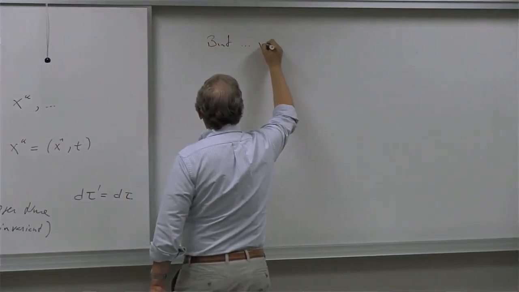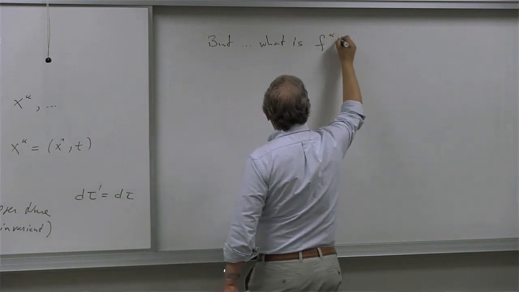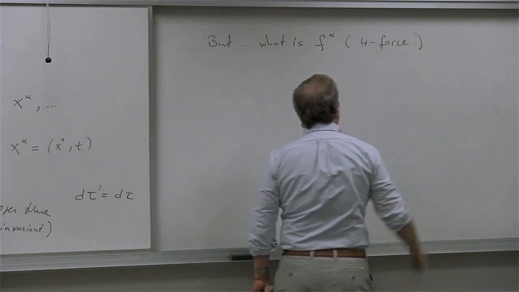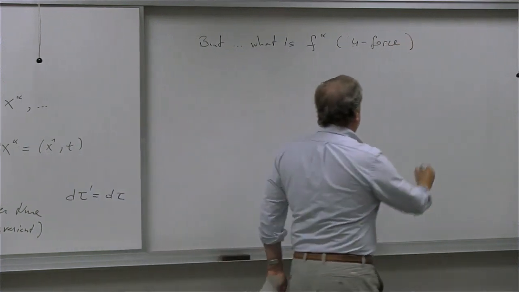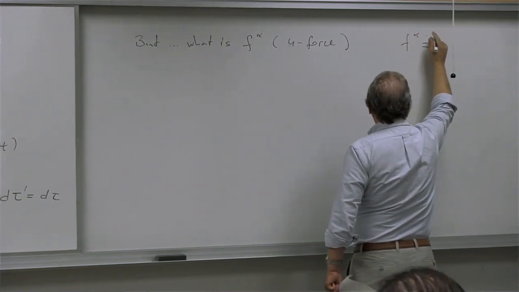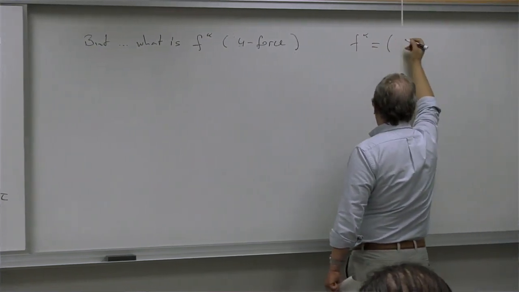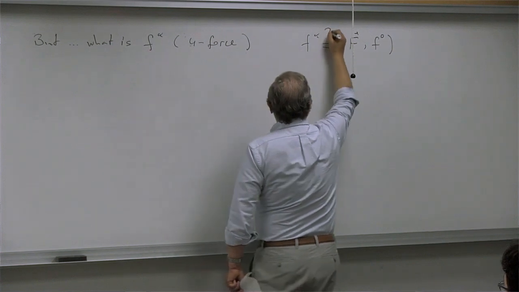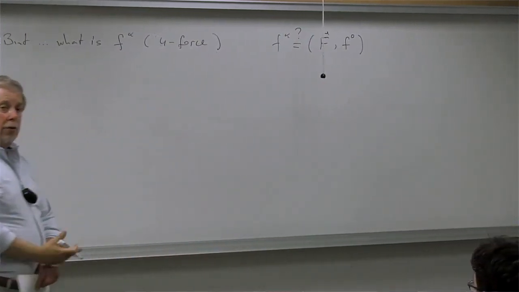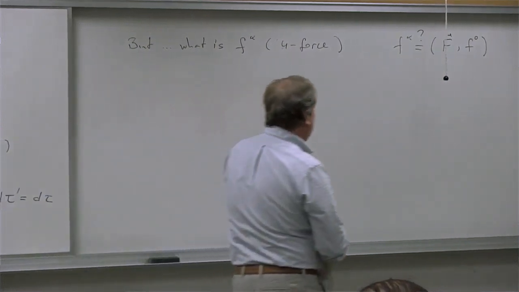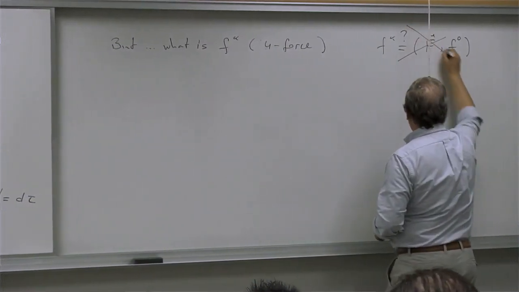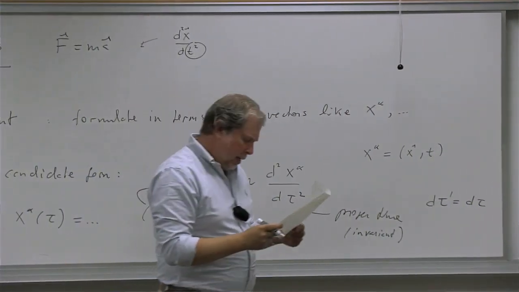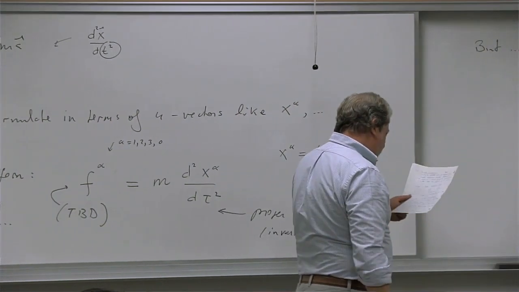But what is F alpha, which is this 4-force? Naively at first, we would think that F alpha has 4 components. Well, one, of course, is the F naught, and the other one would be the force. That might be a first try, and of course it's incorrect. It's not quite as simple, because there needs to be some gamma factors, some velocity that enters into this thing. And so that means that we are going to write,